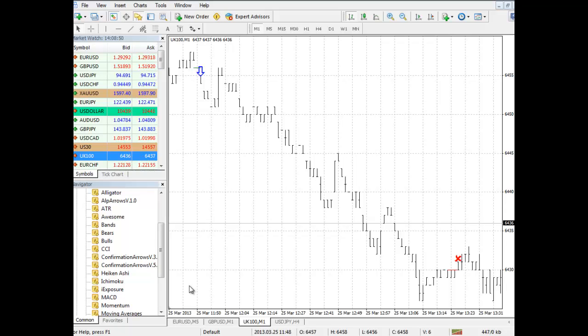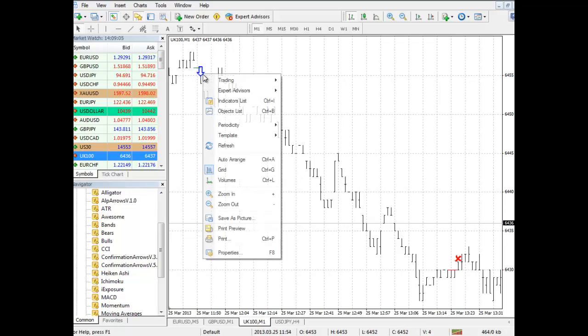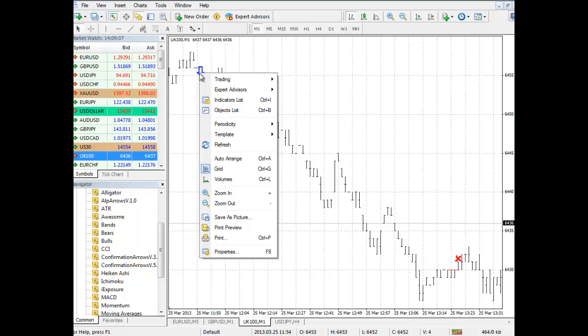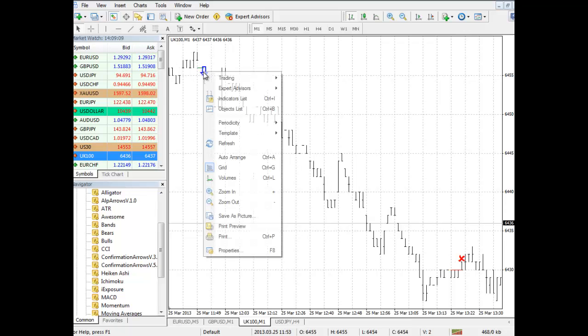And how do we put those indicators on? Well, we would highlight confirmation arrows UK 100. We left click and we drag and drop. That is how we do it. Let's say for some reason we need to delete the arrows from there. We would just hover above it and we would